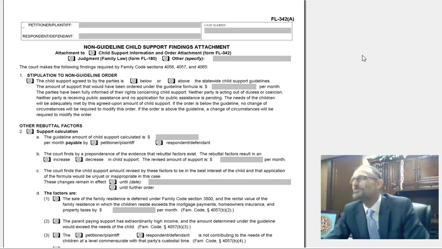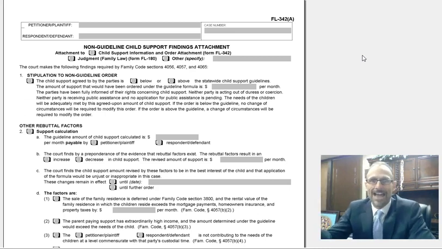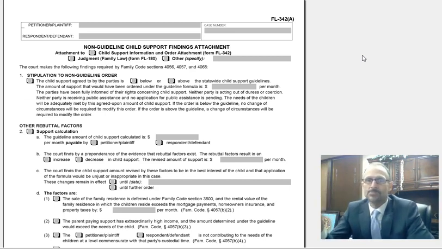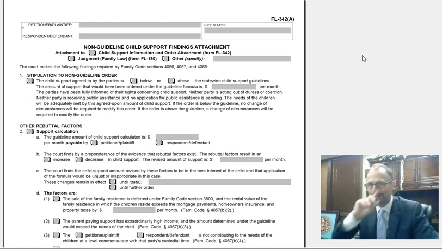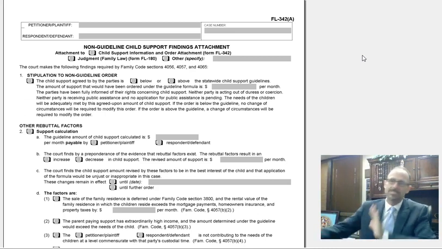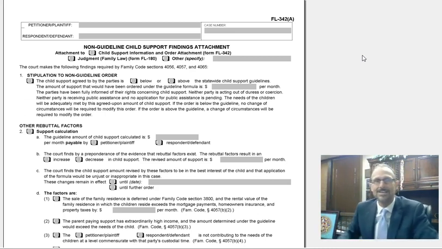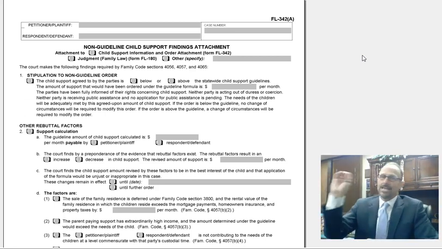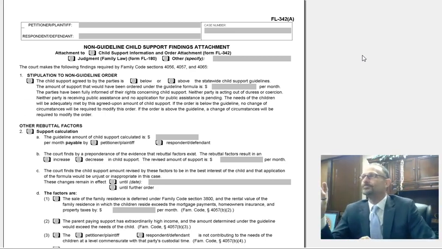Again, my name is Doug Pinkham with Pinkham and Associates. We are now going to go over the FL 342A. This is the non-guideline child support findings attachment. It's just a one-page form. Let me explain this form real quick. Again, this is an attachment form that goes with another form. It goes with some kind of child support order, a judgment, order after hearing, some other kind of child support order. Now, a non-guideline,